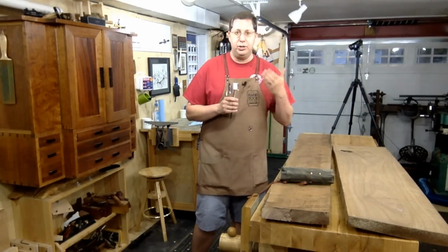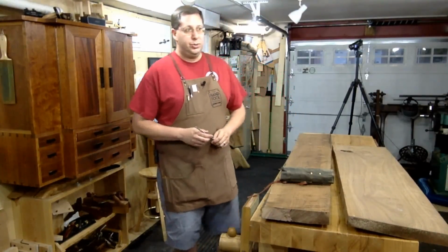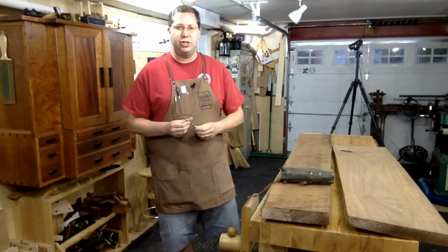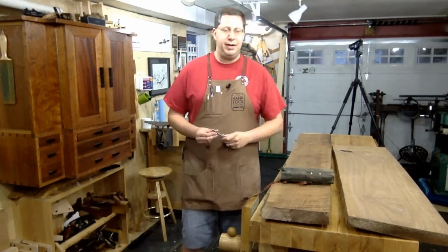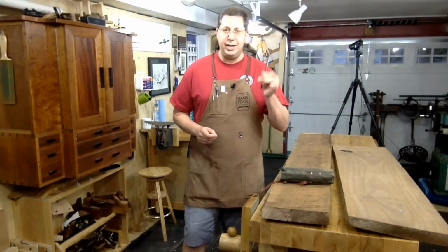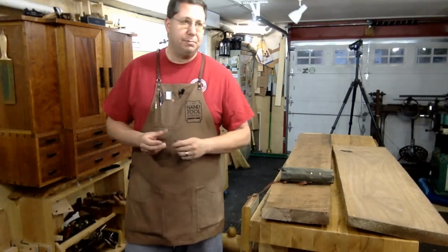Sharpen the spurs, sharpen the lips, and I'm done. Twist bits, you can do the same thing because you've got that flat edge that you can just run a file across. I haven't had any need to sharpen my twist bits because I've got this set of DeWalt twist bits that I've had for years that are super, super hard, and frankly, I just don't use them enough to dull them significantly. The ones that I'm constantly sharpening are my auger bits and my center bits, my spoon bits,